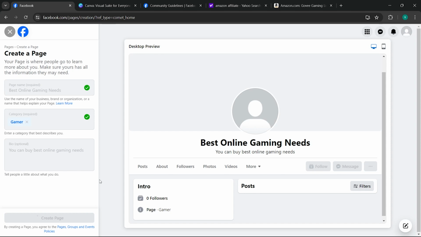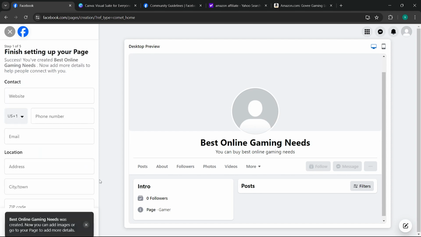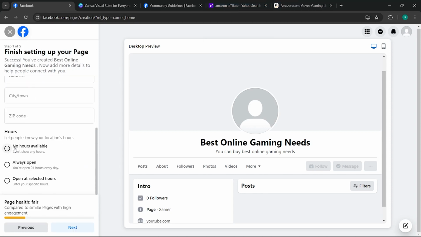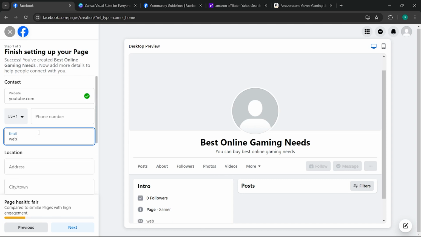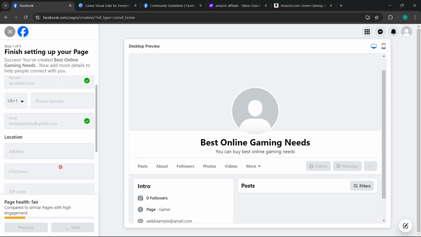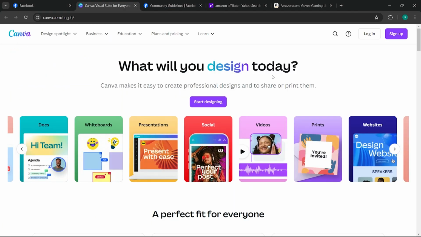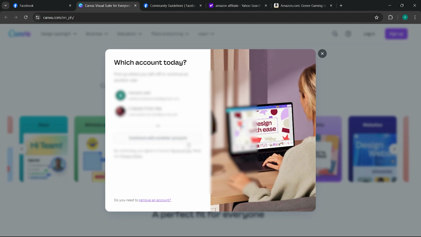The next step is to make it look professional. And to start, we have to create a display photo and a cover photo. One platform that is very easy to use, even if you're a beginner with little to no experience, is canva.com. In order to open an account here, you just need a Google account, Facebook, Apple account, or any one of